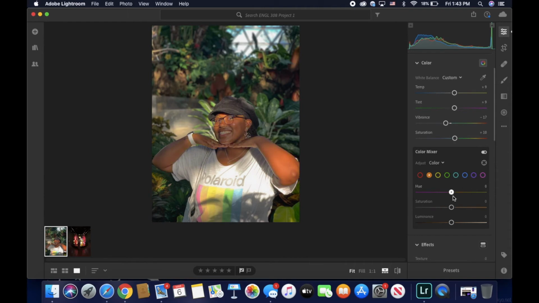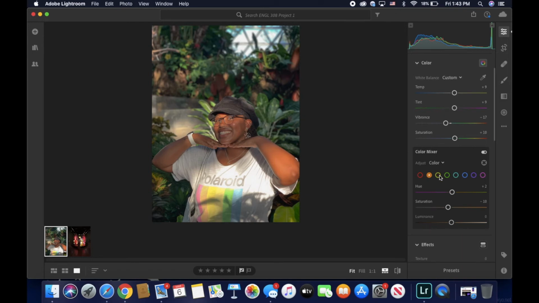So what we're going to do is we're really just going to touch this up just a tad to be on par with the red, still give me that warm color payoff, and we're actually going to desaturate it just a little bit, like barely noticeable, just for the effect of keeping it in balance. And we're not going to adjust this luminance because I actually want the orange to stand out more than the